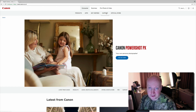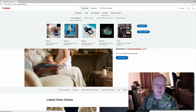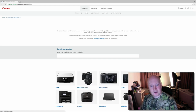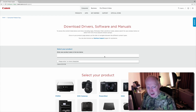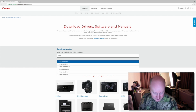Then you go over to the support tab, move across down to downloads and help, move down over the software picture here and across onto firmware. So click on firmware and that will bring up the support page. We just type in our camera, so whichever it is: RP, R, RA, R6, R3, R5, and R1 when that eventually comes out. So we just type in Canon